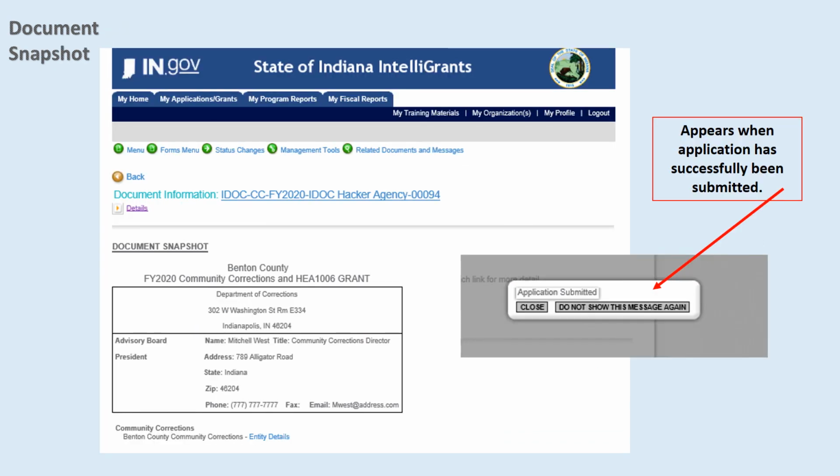Once you have successfully submitted your application, you will receive this confirmation message. Congratulations, you have completed the fiscal year 2020 IDOC Community Corrections Grant